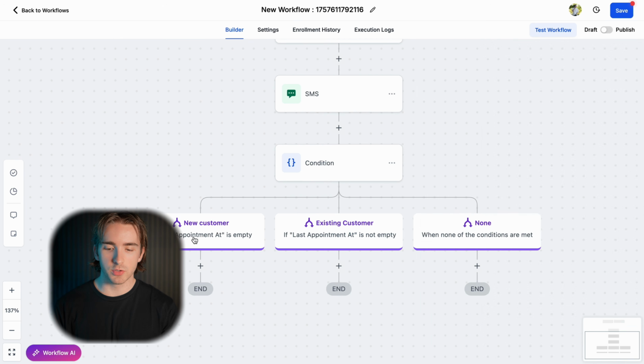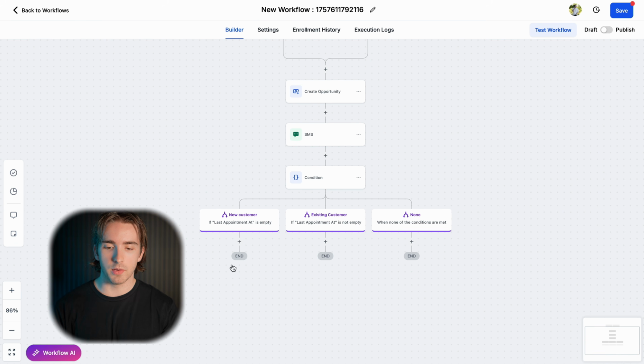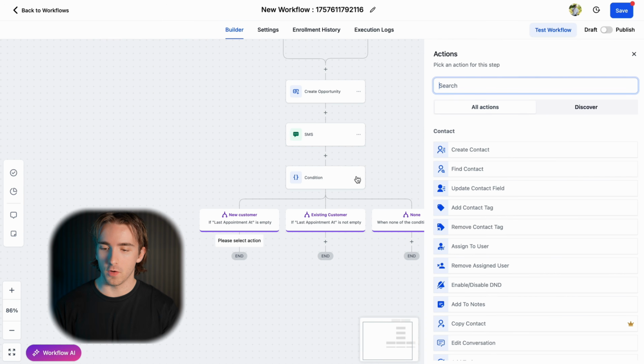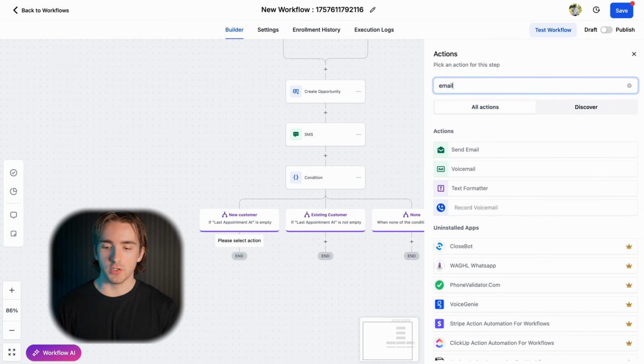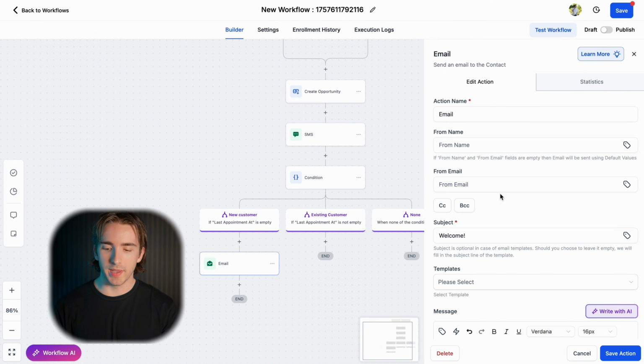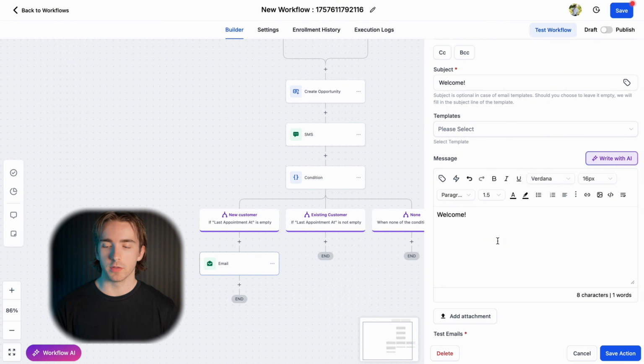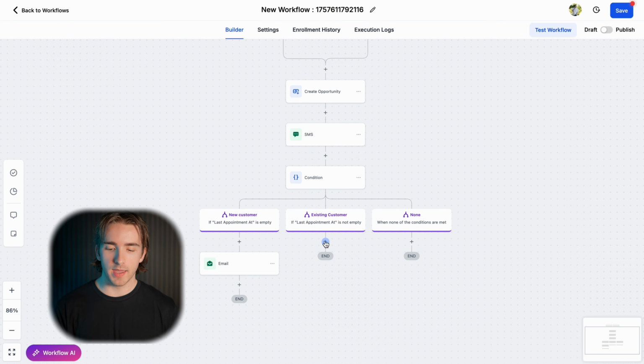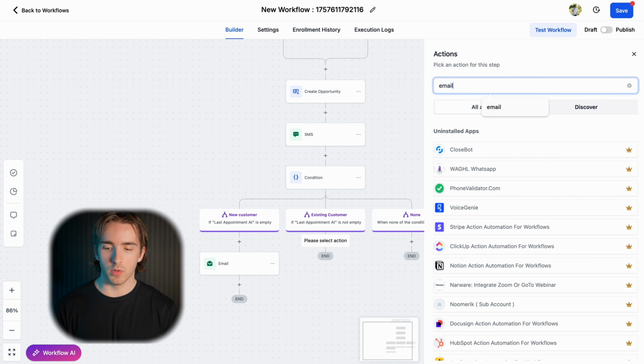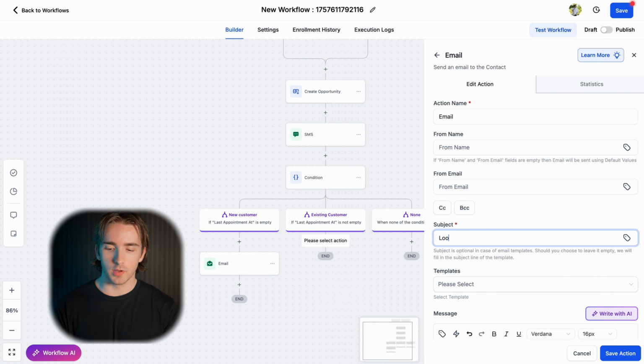So we have new customers, we have existing customers, and now they're going to go down a different route. For this, let's say we want to be sending an email. Then we can create our email action. We can add our subject of welcome, right? And whatever other text you want to add here. But if they are an existing customer, then we will send an email and say, looking forward to talking again,